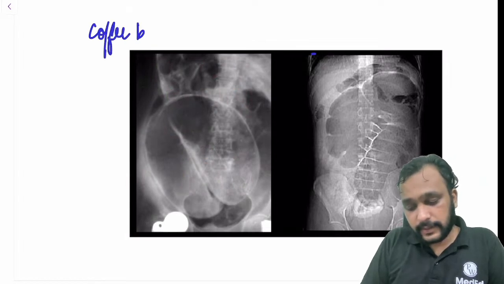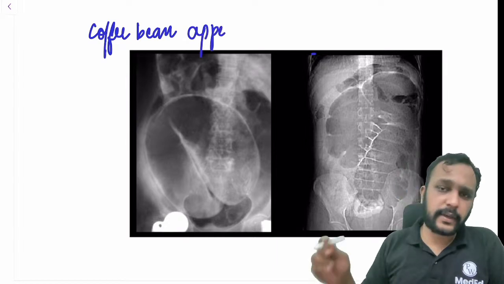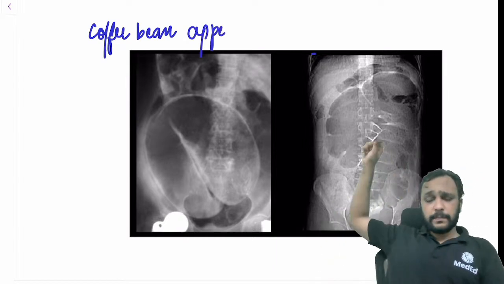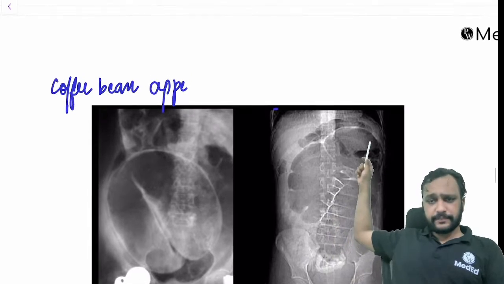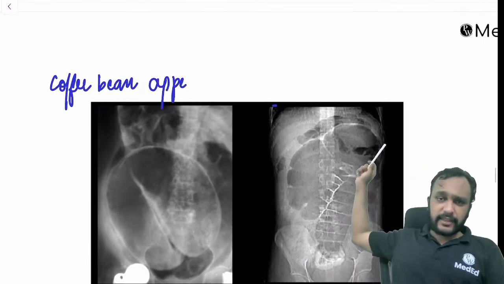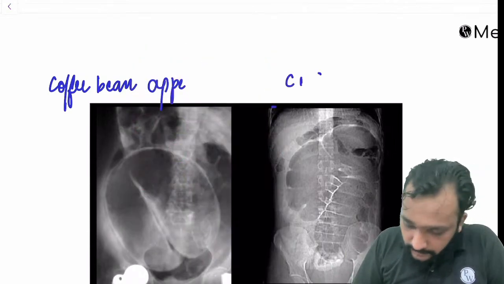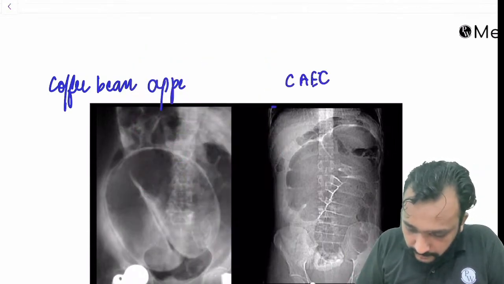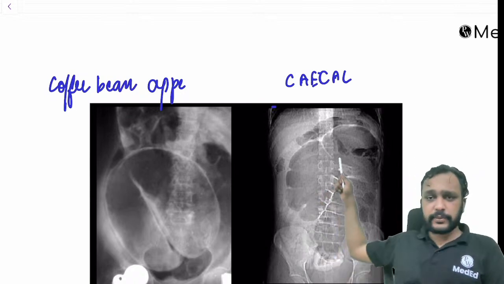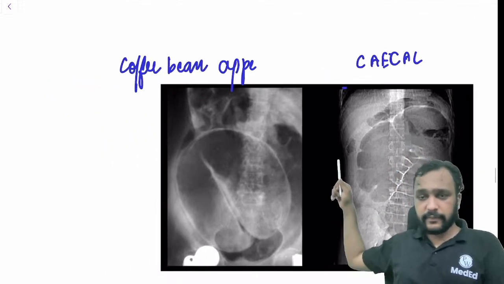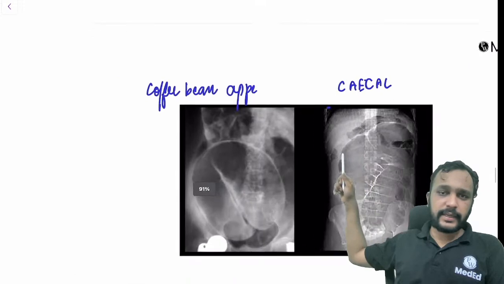Another very important x-ray that can be asked in the FMG exam is the coffee bean appearance. Just remember, when the dome of this coffee bean is reaching the left upper abdomen, this will be a case of cecal volvulus. When it is reaching up to the right upper abdomen,